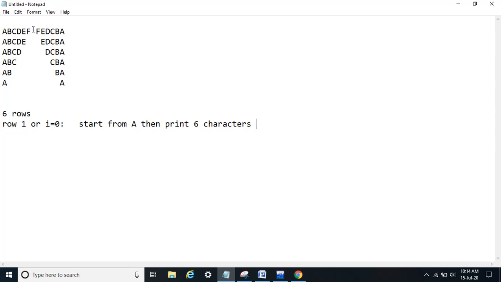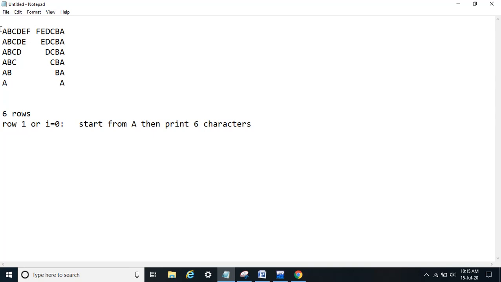Let's make it simpler. First let's build the logic for this part, from here to here, then we will build logic for the spaces part, and then for this. So let's build logic for this part only as of now.